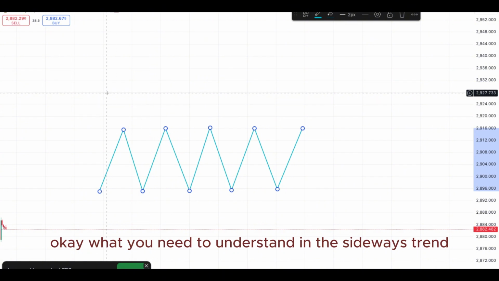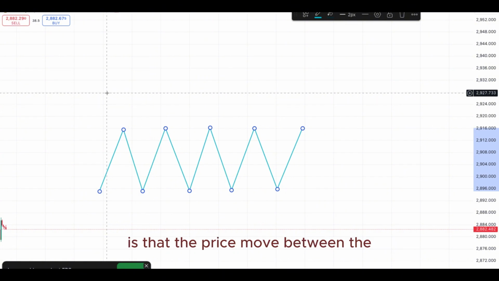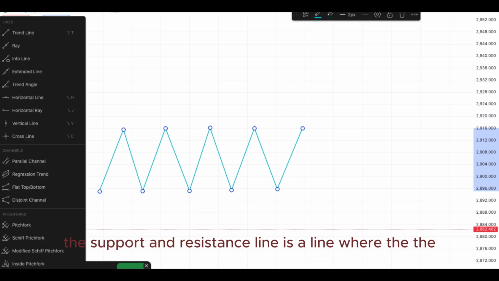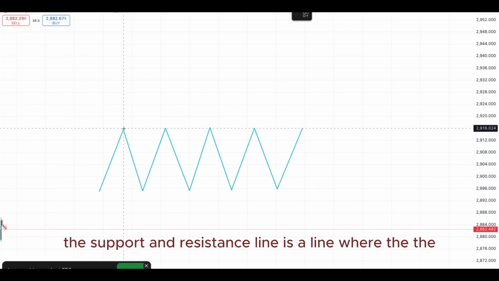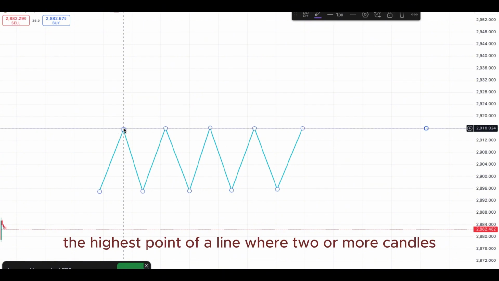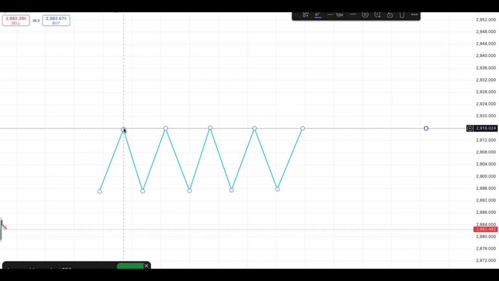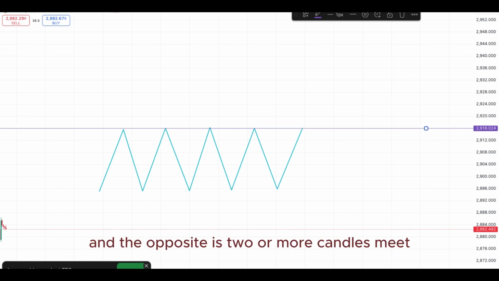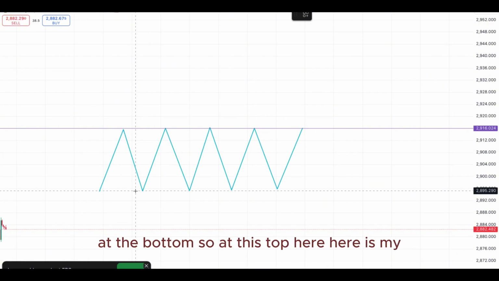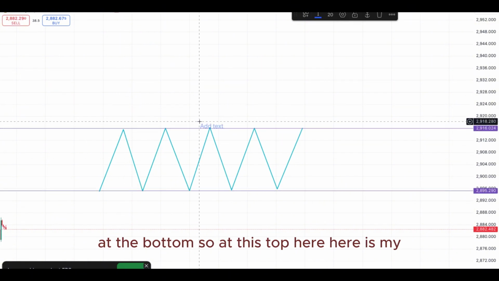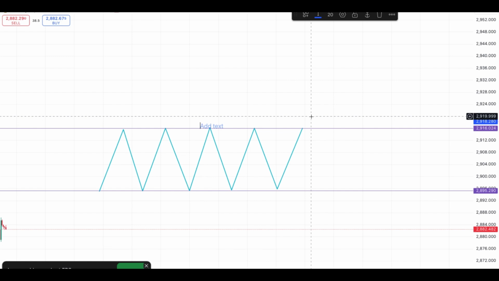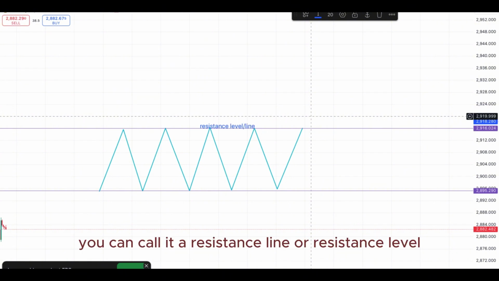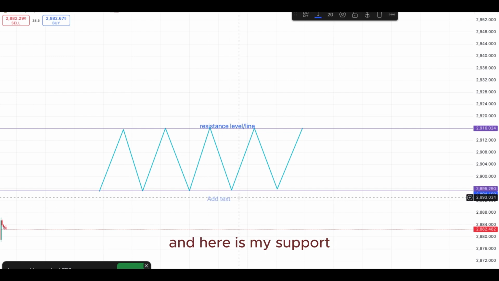What you need to understand in the sideways trend is that the price moves between the support and resistance line. The support and resistance line is a line where the highest point of a line where 2 or more candles meet. 2 or more candles meet at that line at the top, and the opposite is 2 or more candles meet at the bottom. So at this top here is my resistance line or resistance level. You can call it a resistance line or resistance level, and here is my support